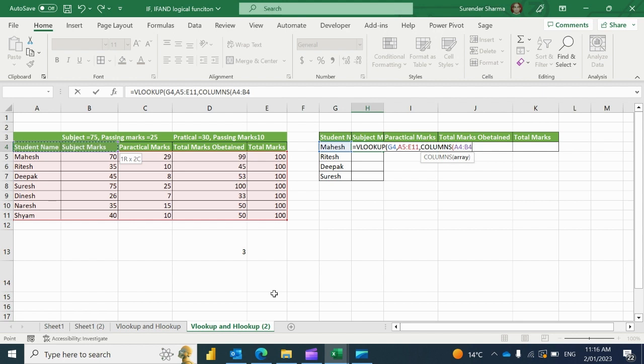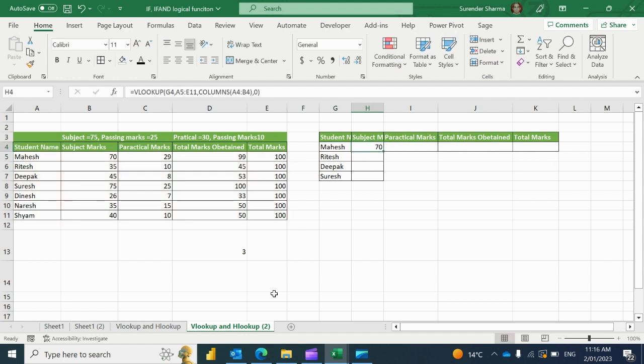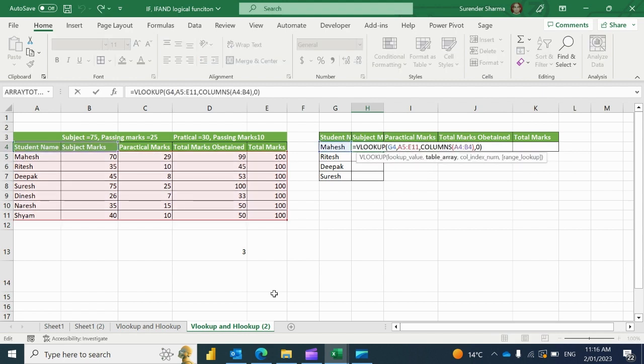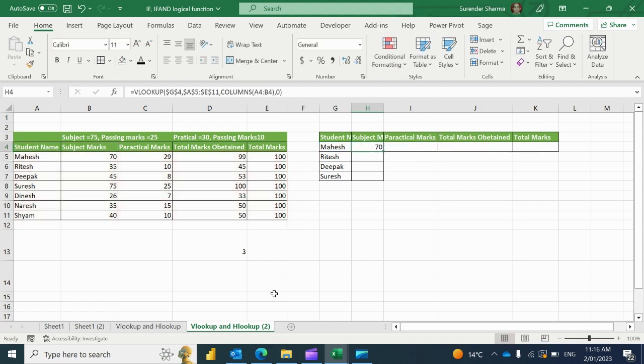Fine. Now I close it, press 0, and then finally enter it. But two things we need to do, that is we need to fix the G4 and also the table array. Now if I take it like this,